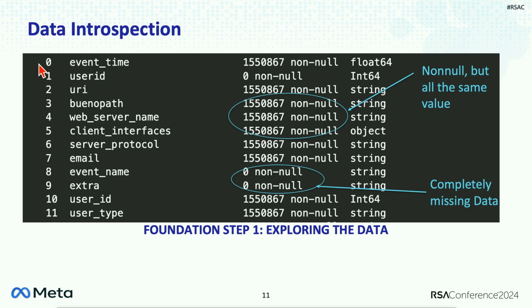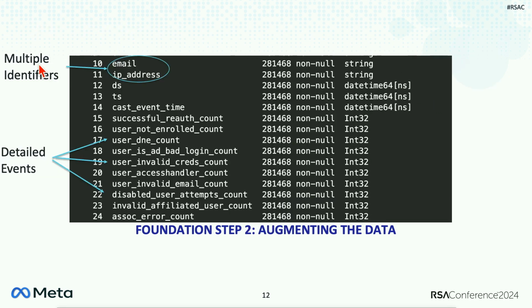But if we put that together with our IP address and our session data, and we say the IP address has attempted to authenticate and has resulted in 50 user does not exist errors over the past hour, they're associated with 20% more request volume than the next highest, and they're also associated with 500 password submissions over the previous day, then that tells a very different story compared to just that one user. So you'll want to surface both when responding to your threat intelligence team, because that tells you not only is this user doing something suspicious, but it also looks like the device they're coming from is part of a broader attack. And so our next step is to augment our data sources.